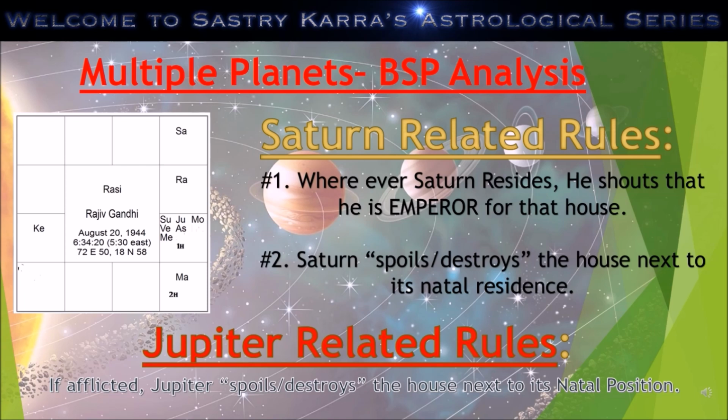In the spoiled first house, you have the first house lord, the second house lord, the 12th house lord, the 8th house lord, and the third house lord, Venus. Because the first house lord is in the first house, the self got spoiled. Because the 12th house lord is in the first house, there is no foreign settlement and his pleasures of bed got spoiled. Because the second house lord is there, we can understand that second house is Kutumbam and Dhanasthanamu. Venus, the third house lord, is in the first house, conjoined with the 8th house lord and aspected by the natural malefic Saturn.